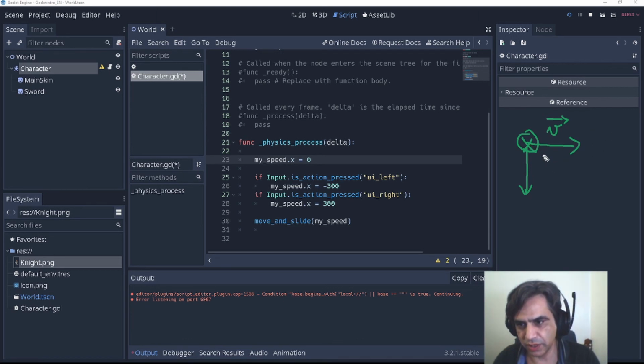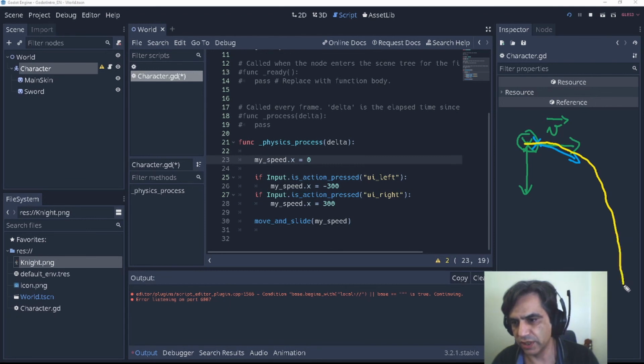So the next step, imagine that the guy is moving a little bit to the right because of the speed. But because of this force, we are going to change the speed, and there is a time. So the movement of our character is going to be something like this. It is moving a little bit to the right, but it's moving faster to the ground because of our force.